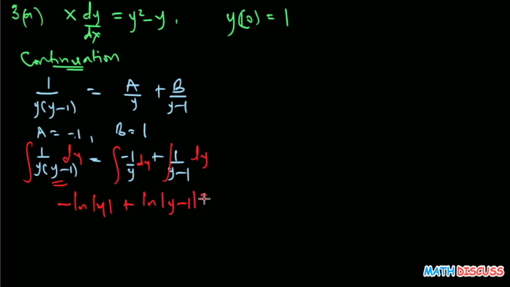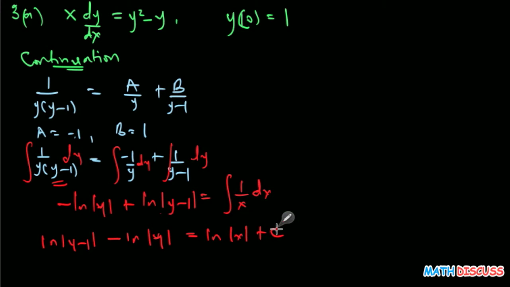And then what we had, on the right hand side, was the integral of 1 over x dx. So this is going to give us negative ln of y, or let me write it as ln of y minus 1 minus ln of y. I just brought this to the other side, and then I brought this to the other side here. I laterally inverted that. So equals the ln of x